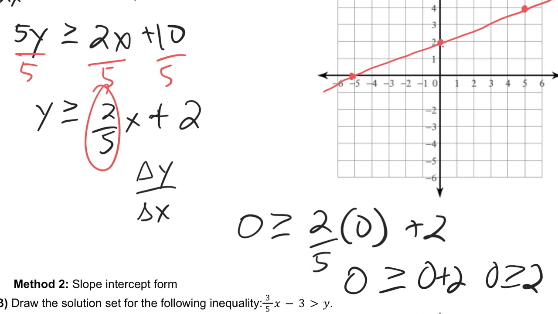Is 0 greater than or equal to 2? It is clearly not. So that means that this section that 0, 0 is in is not the solution region. So instead, I'm going to shade